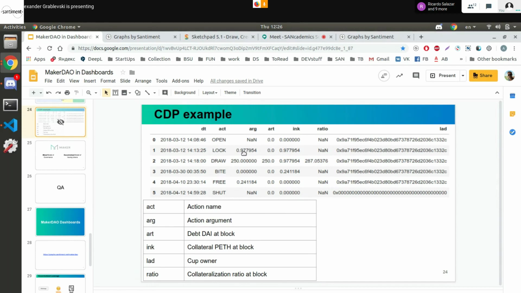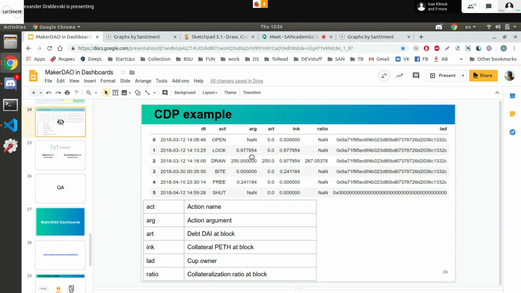For example, you lock about one ETH and you didn't issue DAI at this point. You see that your ratio, that is actually the collateralization ratio, wasn't calculated. So it can't fall against the fixed collateralization ratio that is fixed for all CDPs,